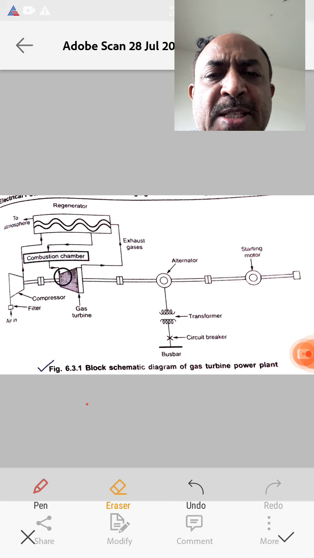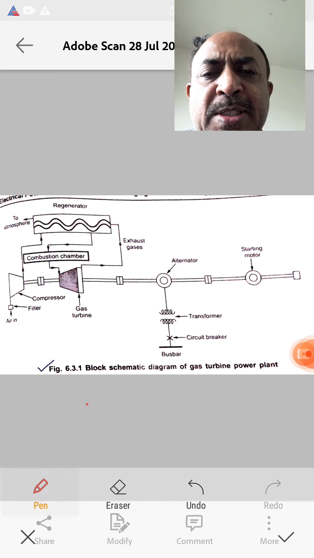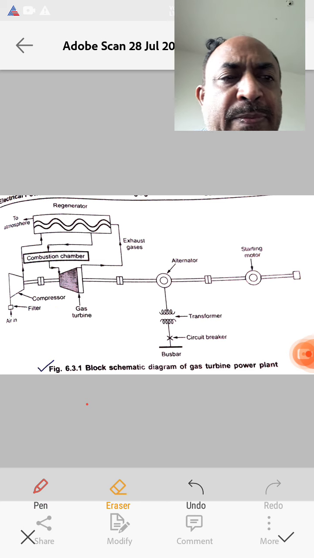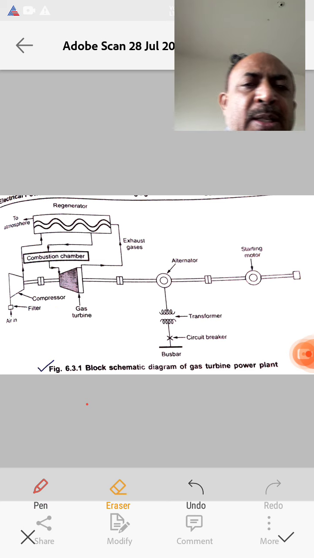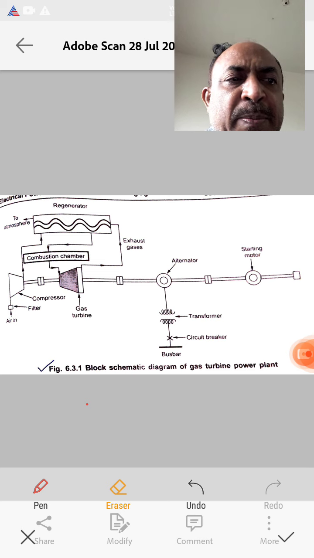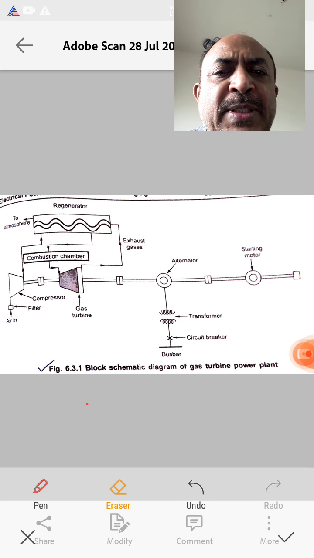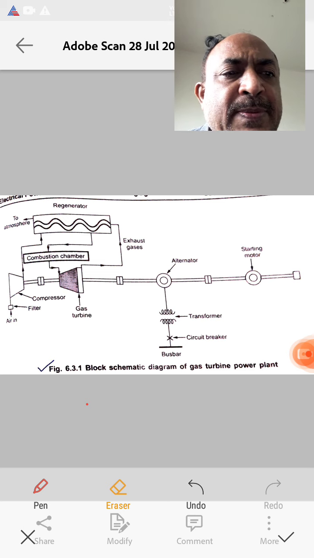Next is the gas turbine. This is the gas turbine. Air at high pressure and temperature is passed over the blades of the turbine. This turbine contains many blades.